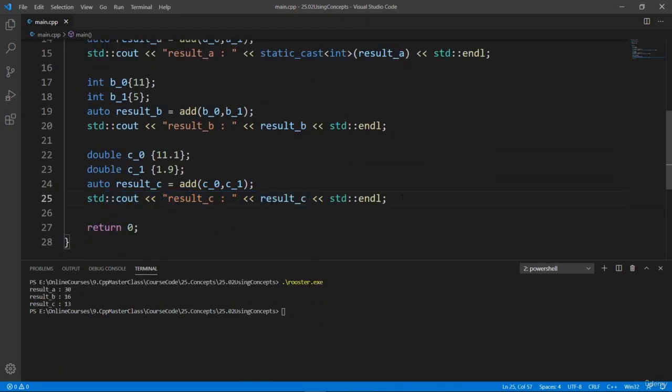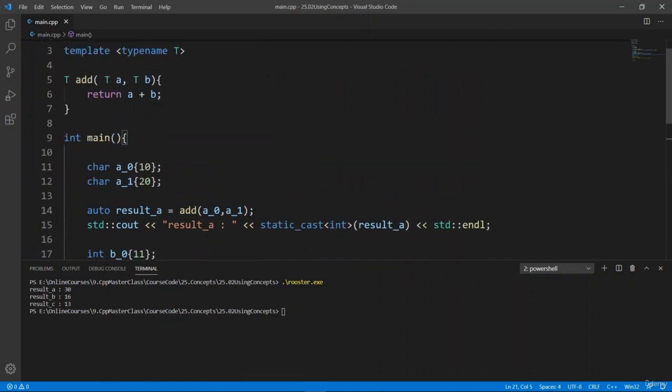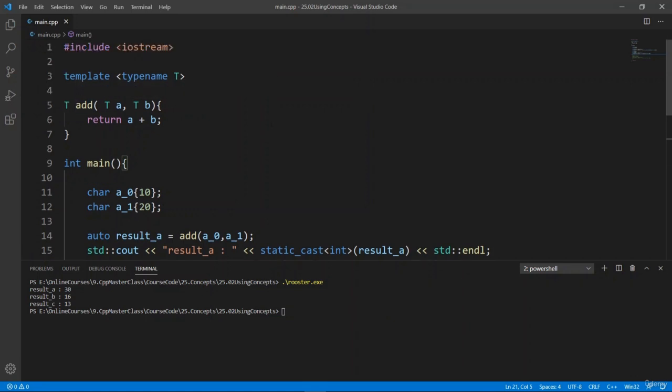Let's do that. We're going to comment the double thing first because we want to really isolate it and see the compiler error that we get. And we're going to add a constraint to our function template using concepts. Okay, if you want to use